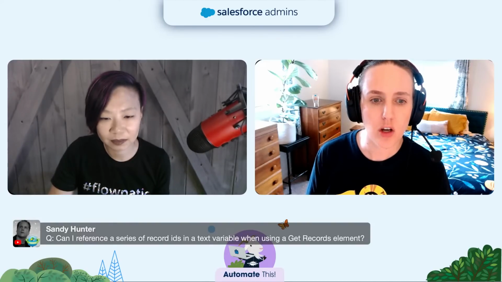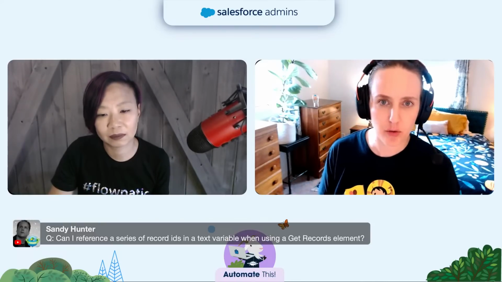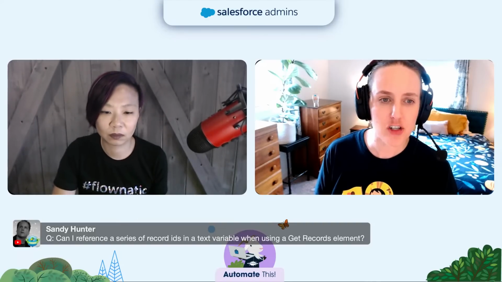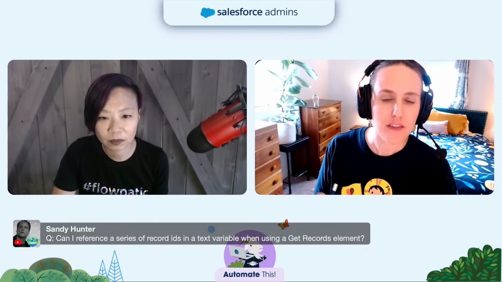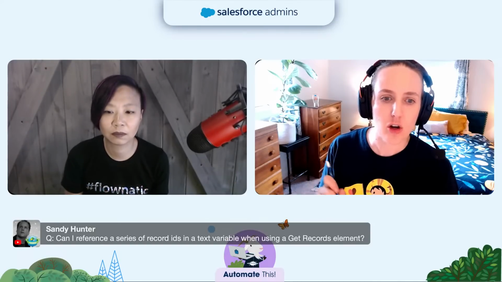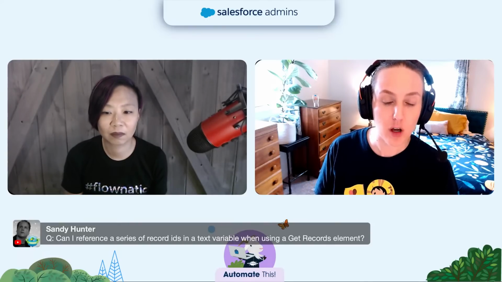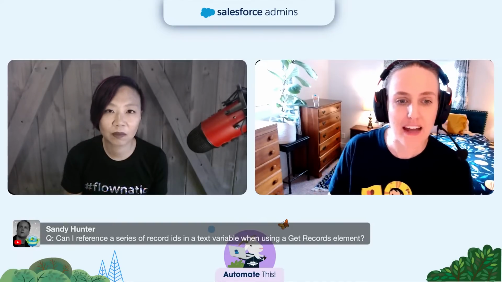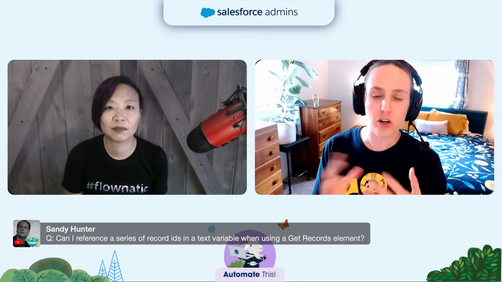Yes, you would need to go through a loop to put them into a text variable. So if you use this app from the App Exchange, that's going to show you how to make a list using the opportunities in the collection. So we're making a list of the names in that flow, but you could make a list of IDs. So you definitely need to use a loop, and your assignments, in addition to modifying your records or making that